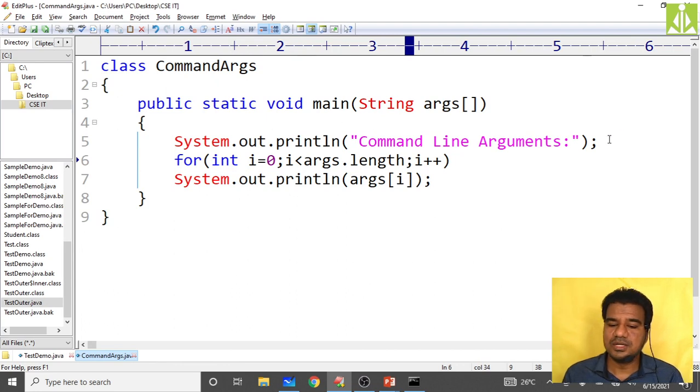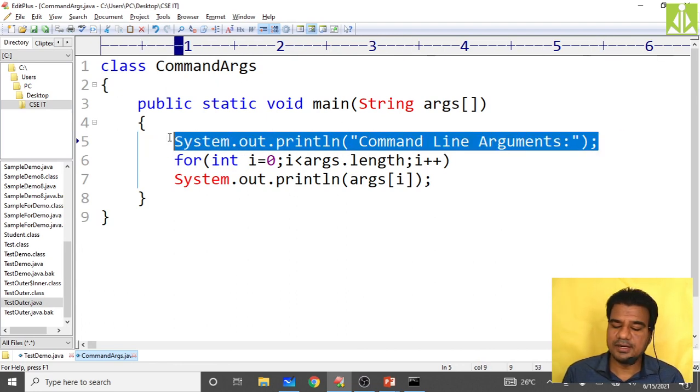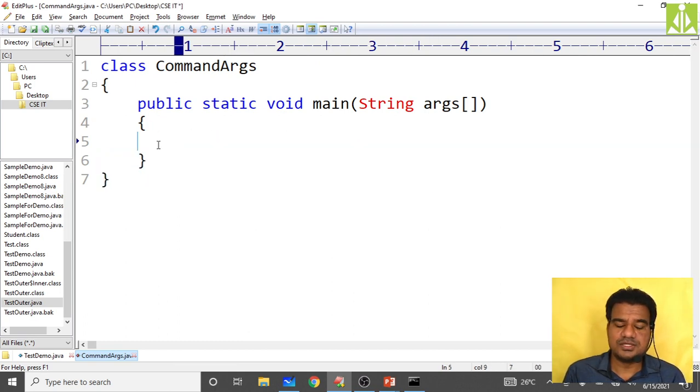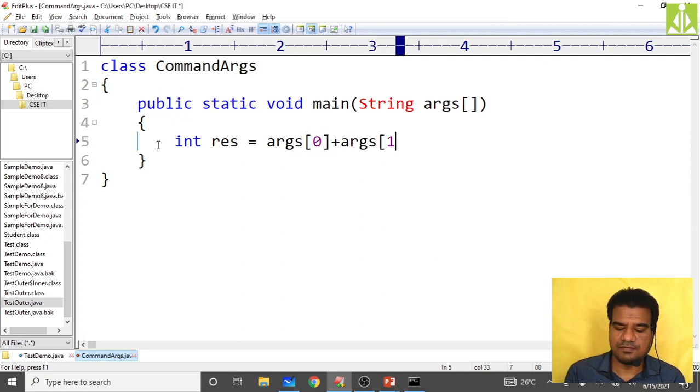This entire thing is not required, so you remove it. Take one simple int result equals arguments of 0 plus arguments of 1.